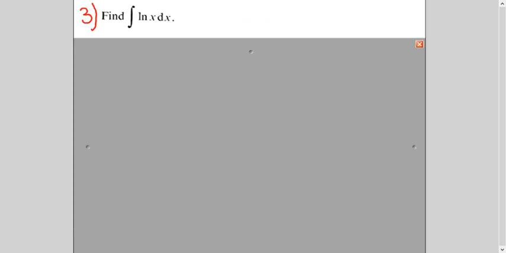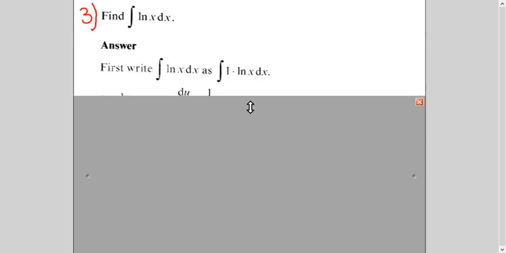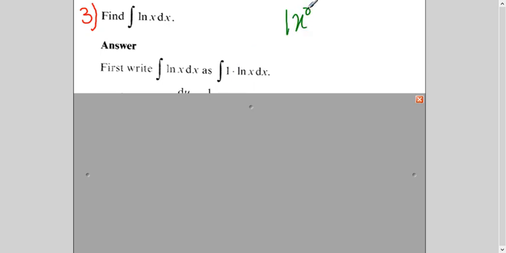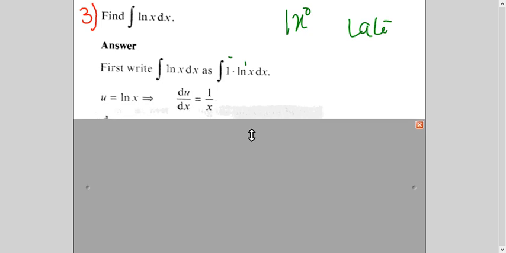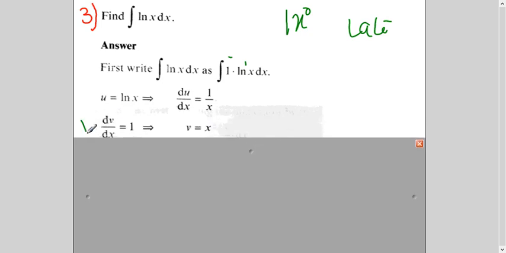When it is only ln x, then what comes to your mind? What will you do? This is called a special case because it is handled a little differently. You write ln x dx as 1 dot ln x dx. Remember it, right? Now this is a constant. It has along x power 0. So now keeping in mind the word late, this is your u, this is your v prime. When you integrate it, you will get x.